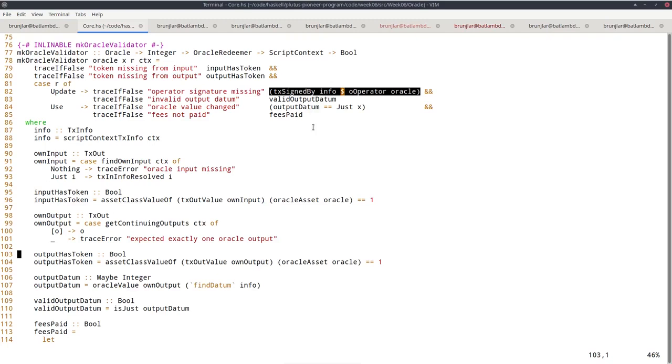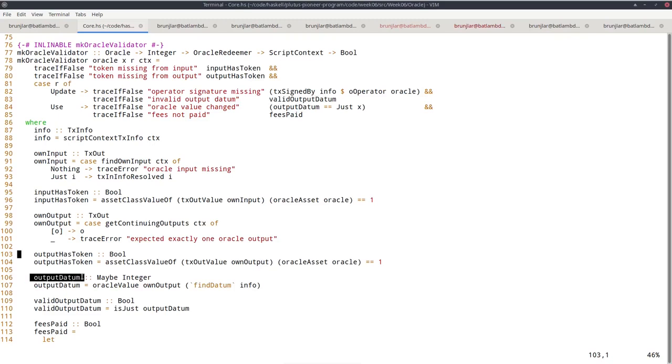And the second condition we want to check is that it again carries valid data. So as you know, in the update, the exchange rate in the datum can arbitrarily change, but it should still be of the right type at least. So in our case, it should still be an integer. So I check that here using first the helper function output datum, which gives me a maybe integer.